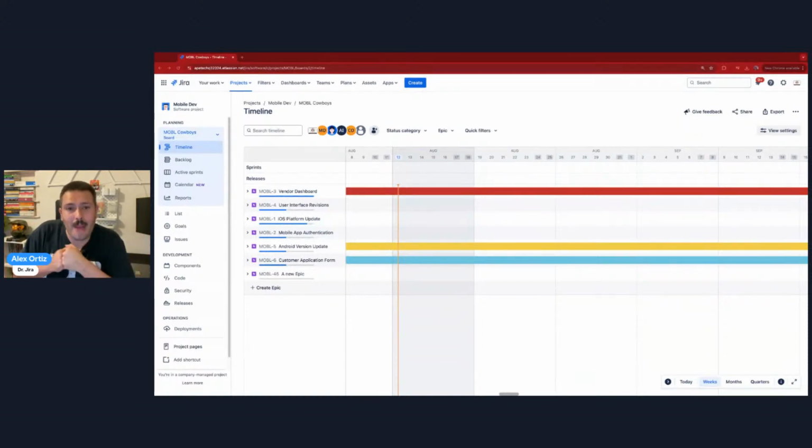Because as a Scrum Master, my job is to help organize, help conduct that team and get them going, get them all marching in that same direction. And this timeline is our North Star. This determines which way we are going. Where am I supposed to take my teams? What are we supposed to be working on? And if you're not leveraging your timeline, even though again you as a Scrum Master don't necessarily need to put things in here,